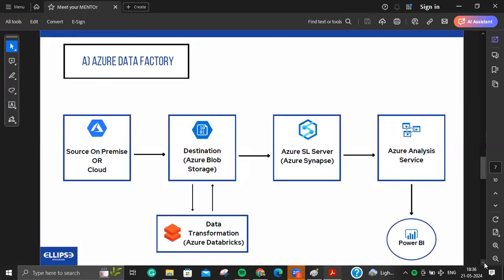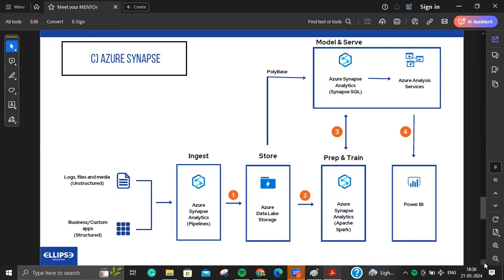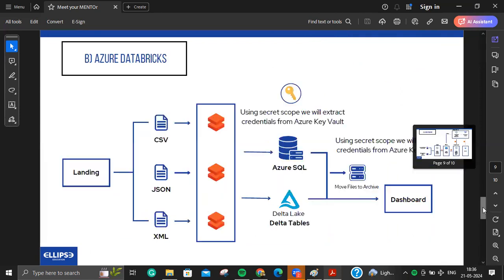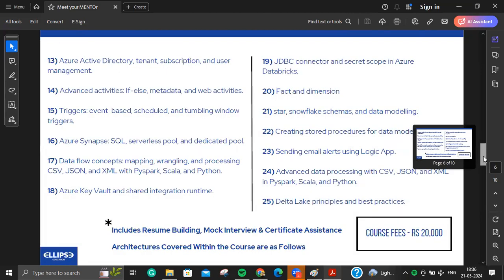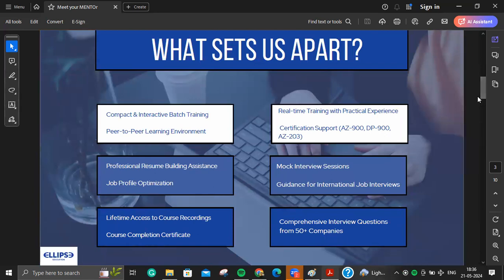During this course, we will try to implement three projects all together. One is Data Factory centric, one is Databricks centric, and one is Synapse Analytics centric. Mostly the course will go through 60 to 65% Data Factory, 20 to 25% Databricks, and then 10% will be the integration part of it. And the prerequisite for this course is zero, so even a person from a marketing background can do this course.